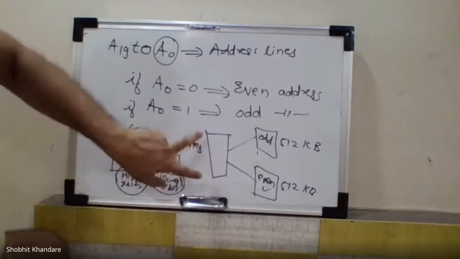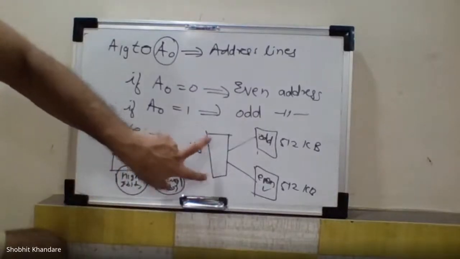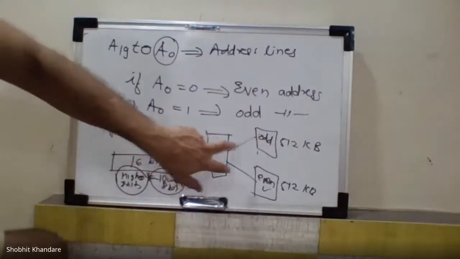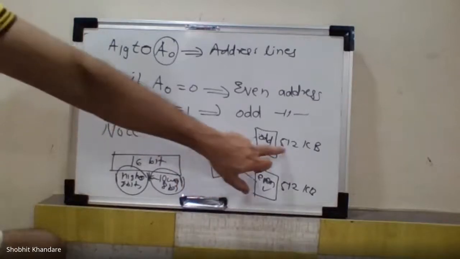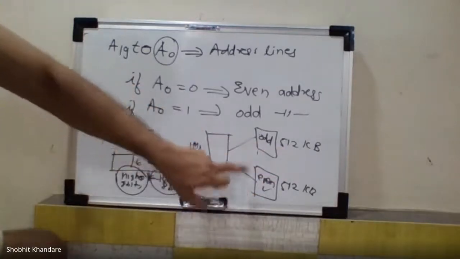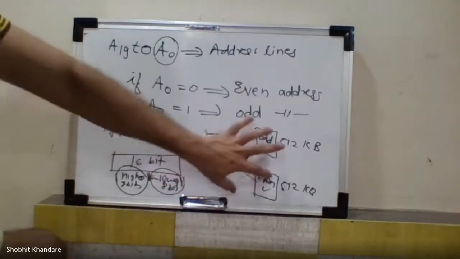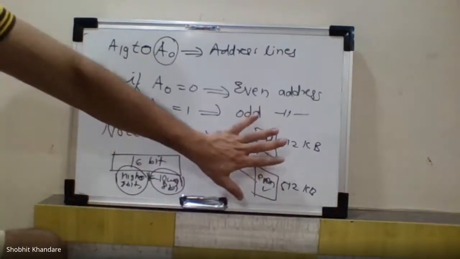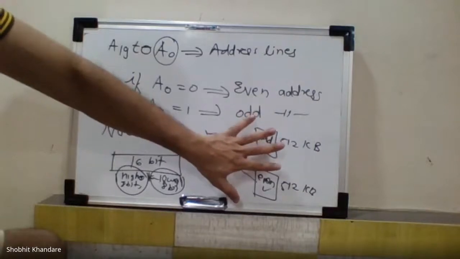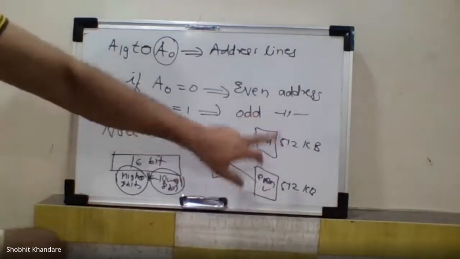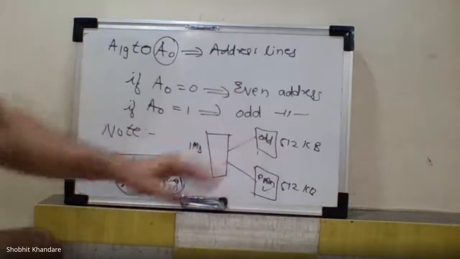इसका मतलब क्या है? मैं जब मार्केट में 1 चिप खरीदने जाता हूँ 1 मेगाबाइट की, उससे अच्छा क्या करो, आप दो चिप खरीद के लेके आओ, 512 KB का और एक 512 KB का. एक को नाम दो ऑड, दूसरे को नाम दो इवन. अभी ये आगे चल के ये कैसे काम करने वाला है, and how this is going to serve the purpose, that thing we are going to see after this.